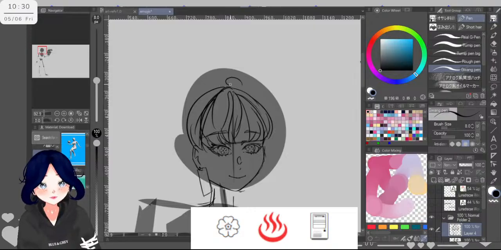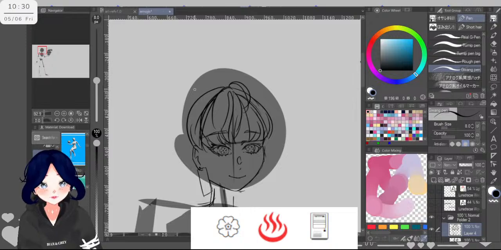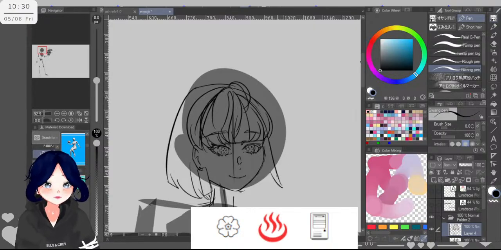So here, let's make it so it is not that flat. No, here. I was thinking for the hair to make it more blocky. So something like that, a short bob.